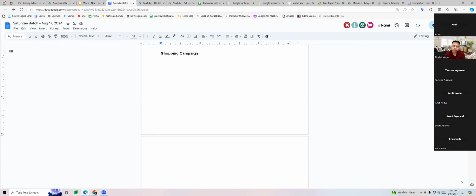Imagine the same kind of a setup in a shopping campaign. You can look at shopping campaign like an online store, isn't it? People get to see your products through your shopping ad. They click on the ad, they come to your website, which is your online store.